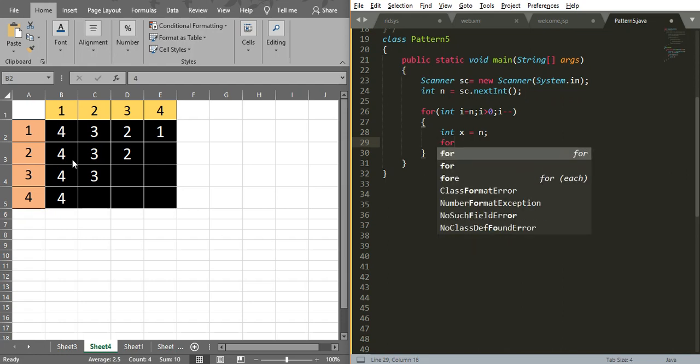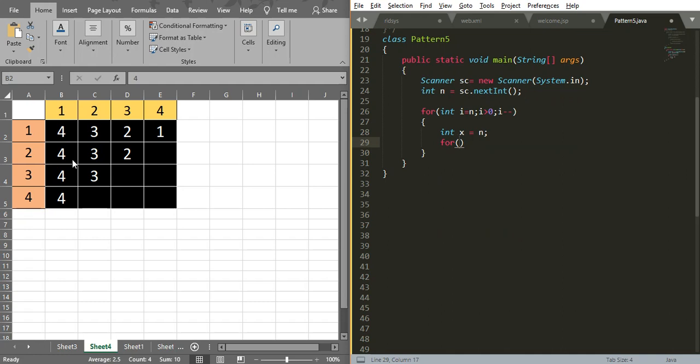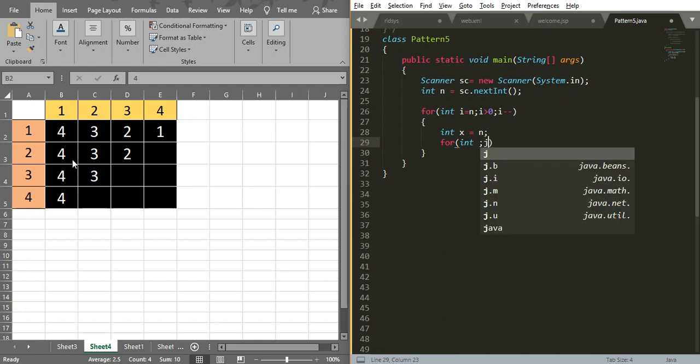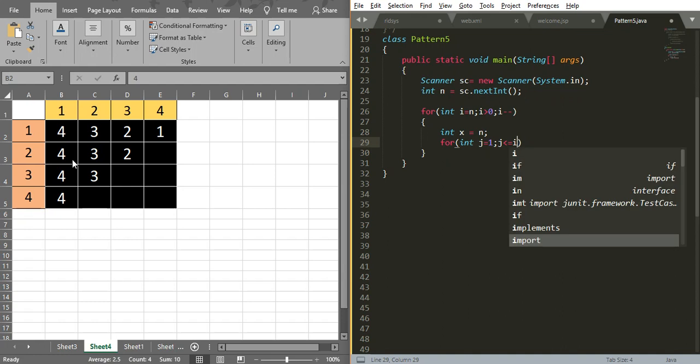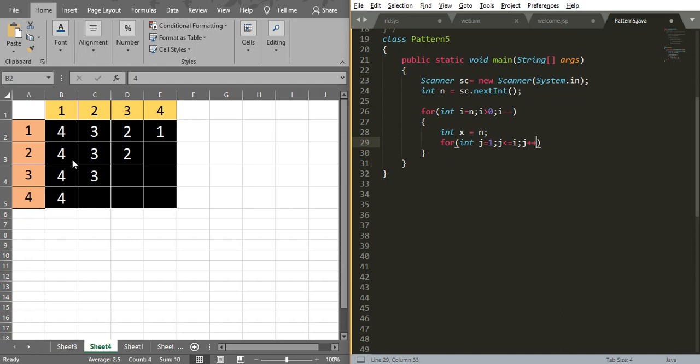So I am writing one more for loop inside this: for int j equal to 1, j less than or equal to i, j plus plus.